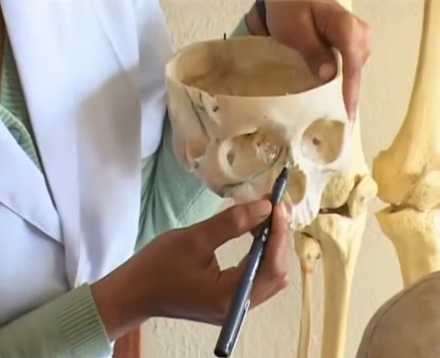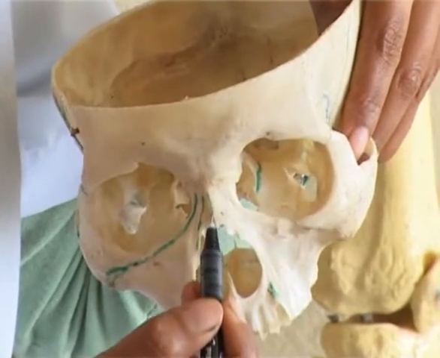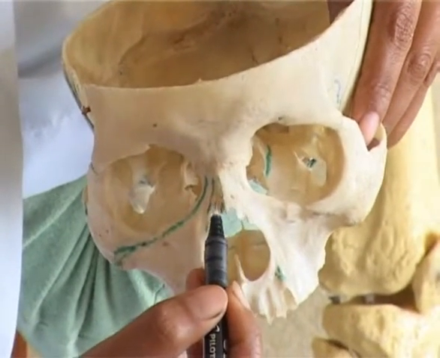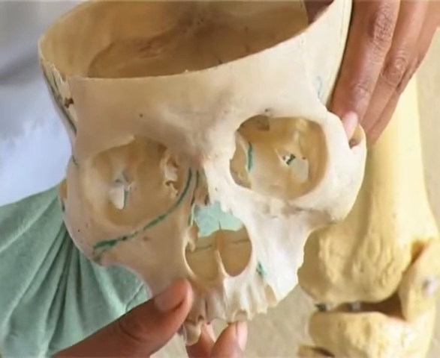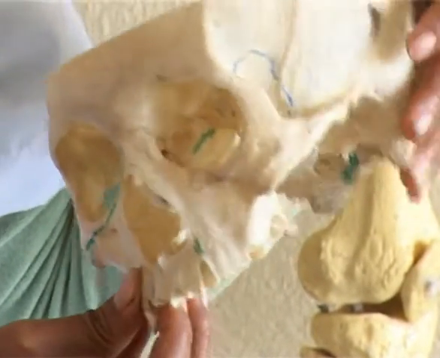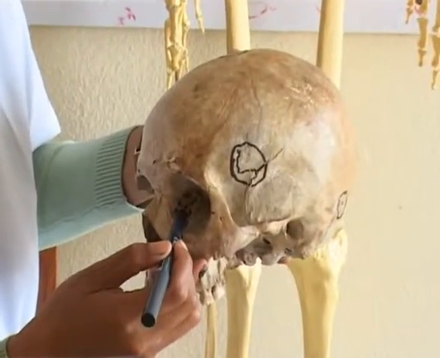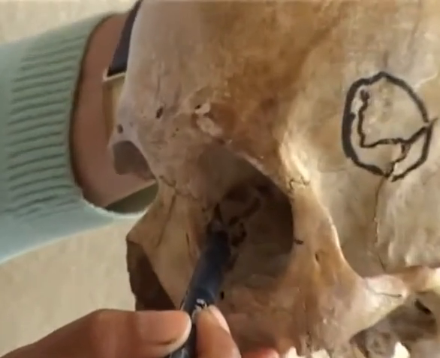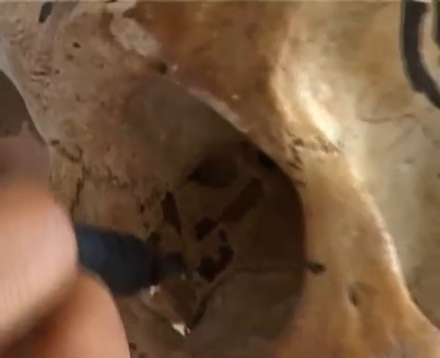Nasal bones are one on each side with an internasal suture. The nasal bone is one of the commonest bones of the face to get fractured. Lacrimal is a delicate bone in the medial wall of the orbit. It usually gets broken, and the lacrimal bone lodges the lacrimal sac.